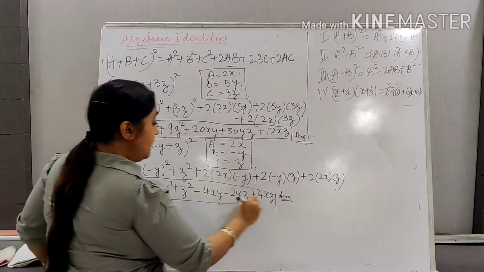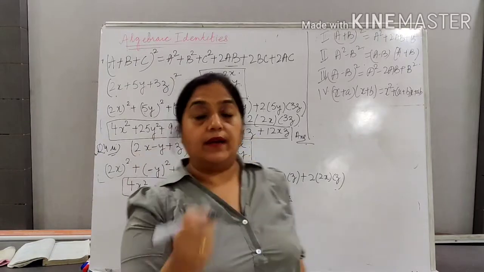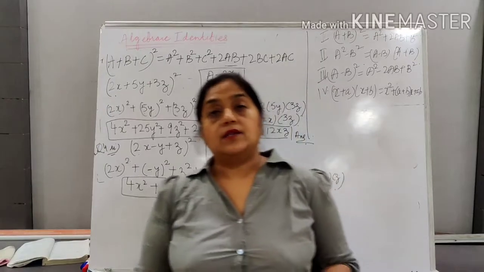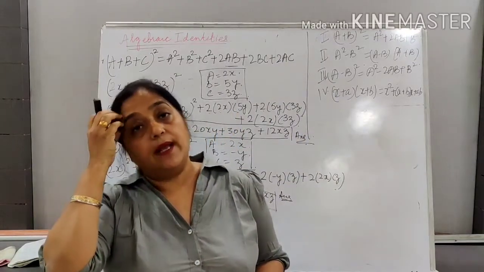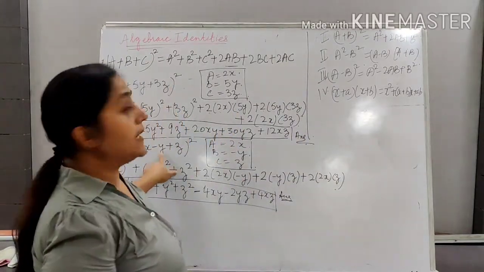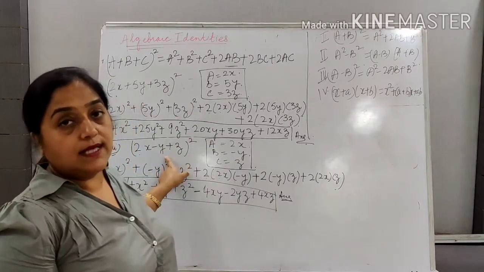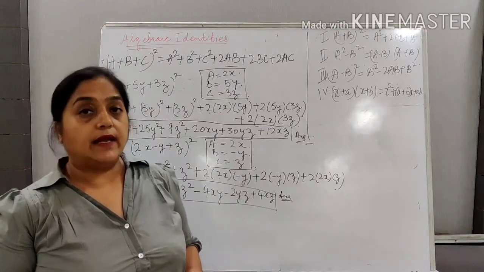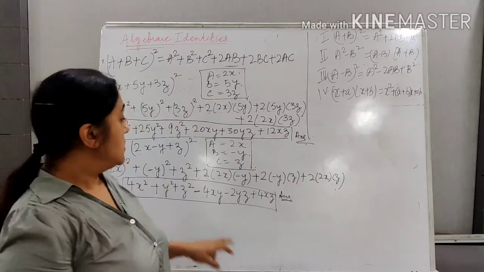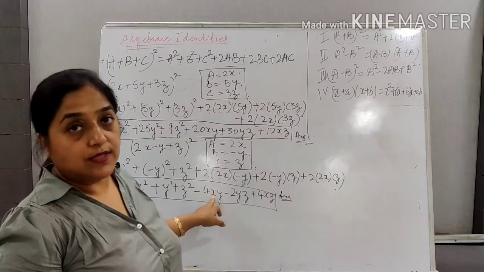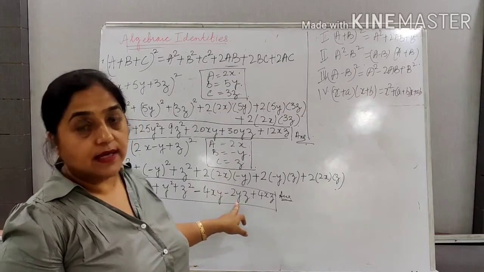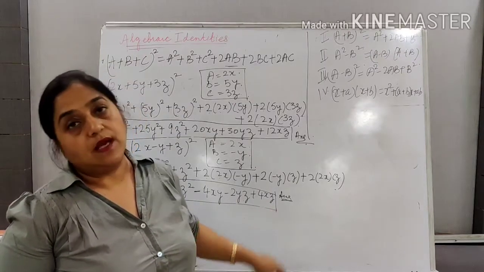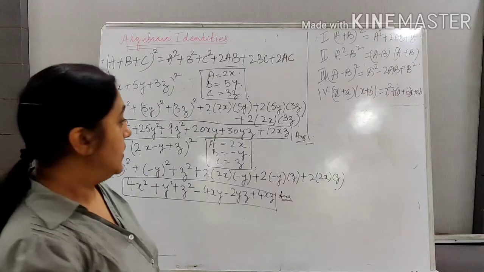I repeat, a square plus b square plus c square will always be positive, because the square of a negative number is positive only. But since my second term, that is b, was negative, wherever in 2ab, 2bc, 2ac I get b, that term will be negative. So first term was 2ab, this is negative, 2bc, this is negative, 2ac: a and c were positive, so this term is positive. I hope you got this question.